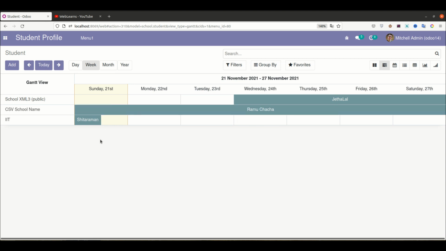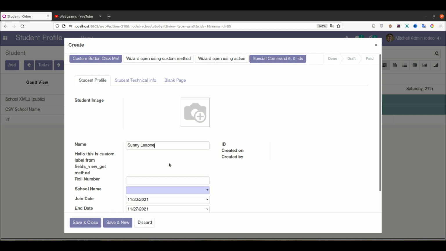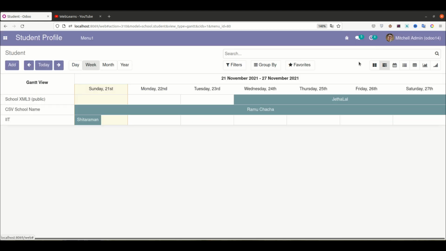Let's say you want to create a new record, like create a new student profile, you can click here and it will open this form view directly, and you can also save the record. Plus you can also create a record for a specific date only.